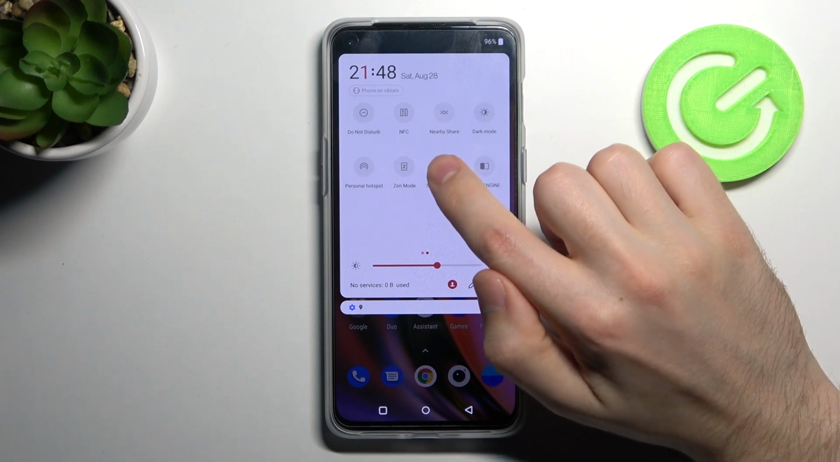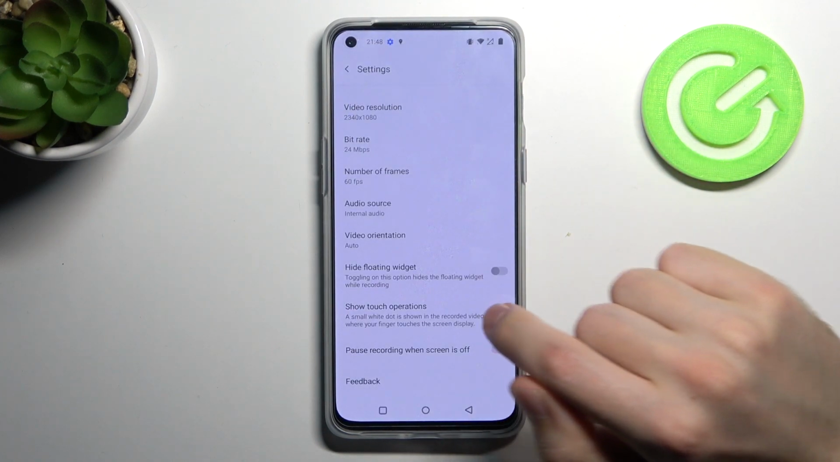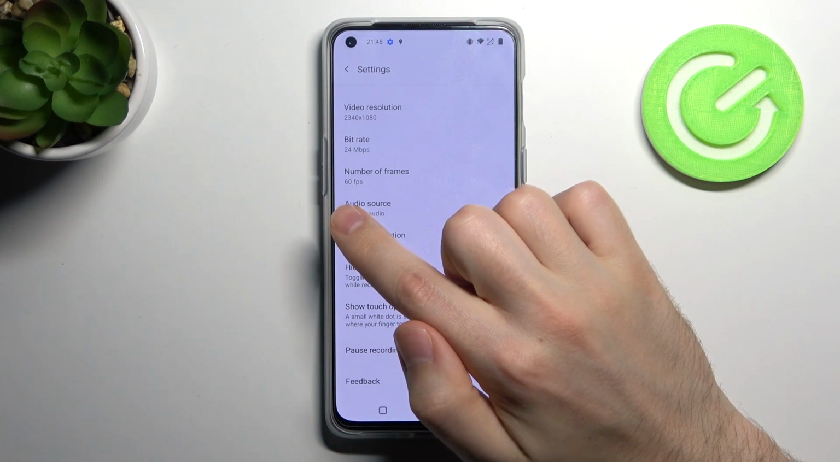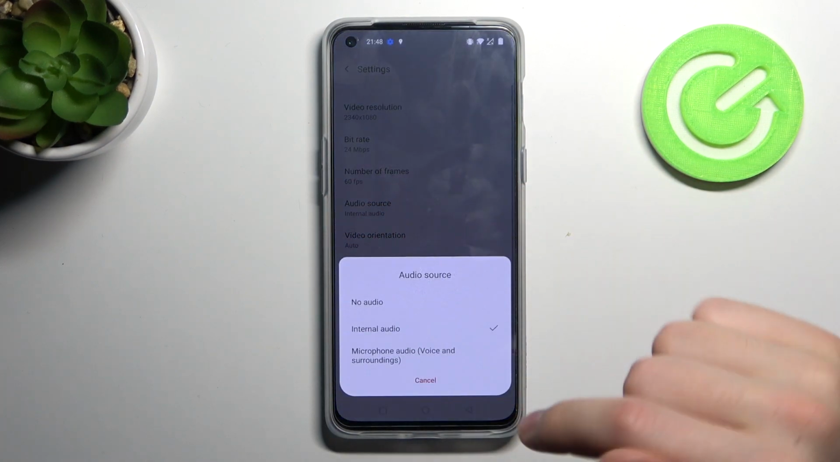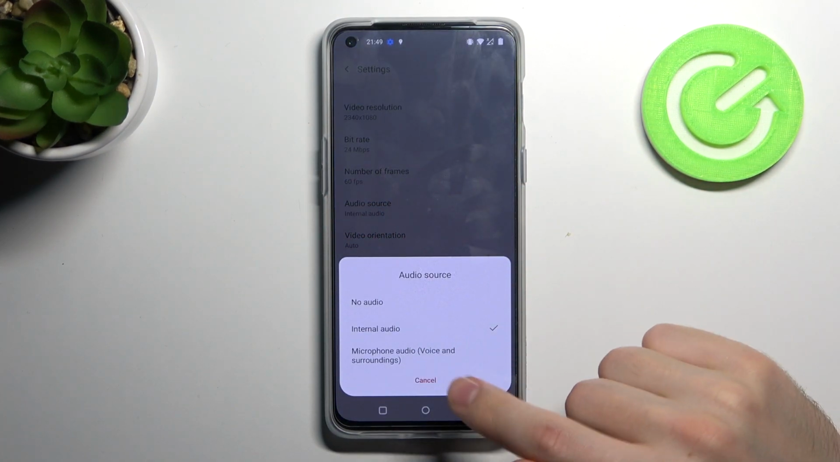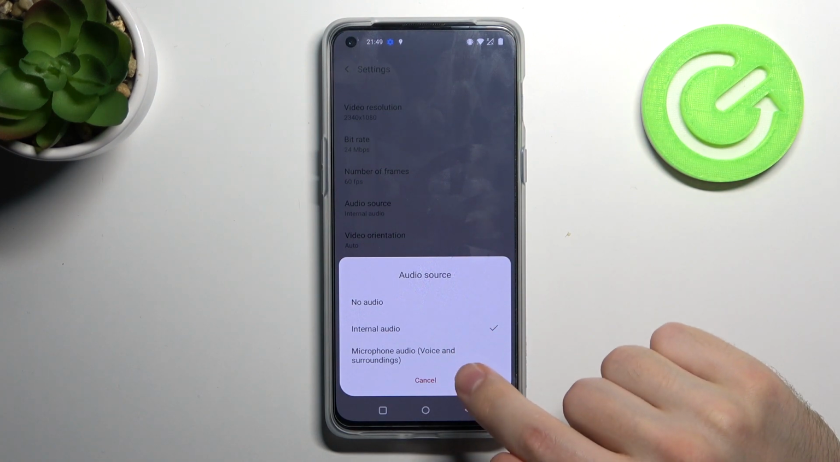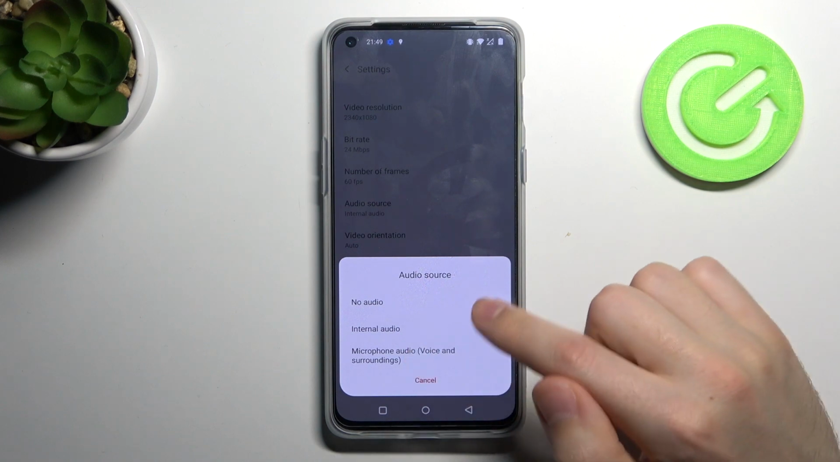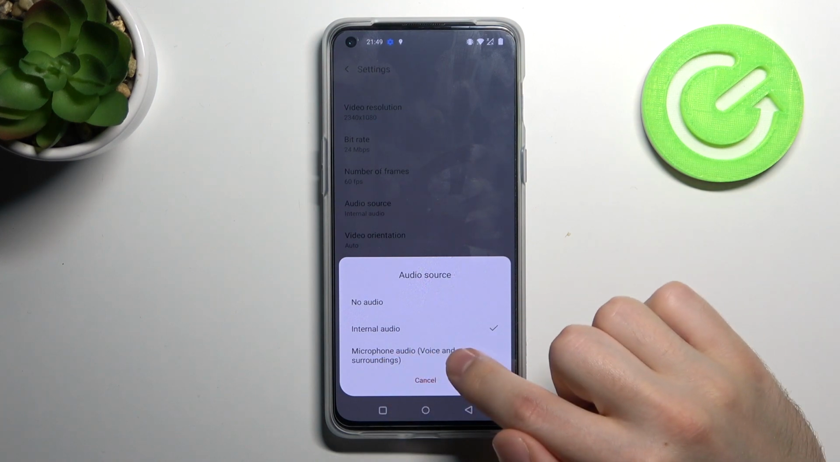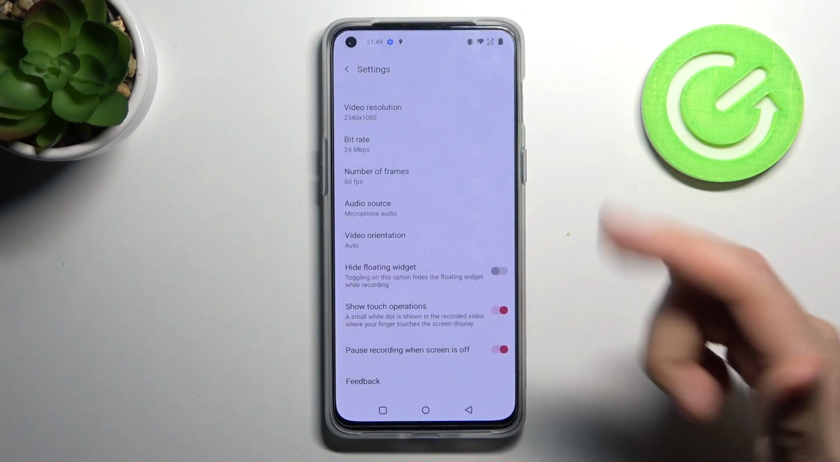Then you need to press and hold this screen recorder button, and here we've got audio source, so click it, and now we've got three options: no audio, internal audio and microphone audio. So for saving, for example, microphone audio, click it and it saves